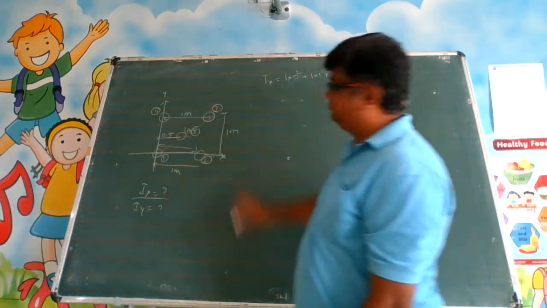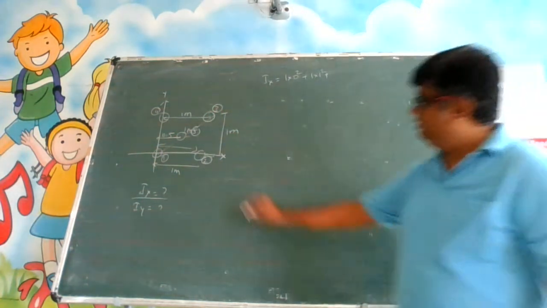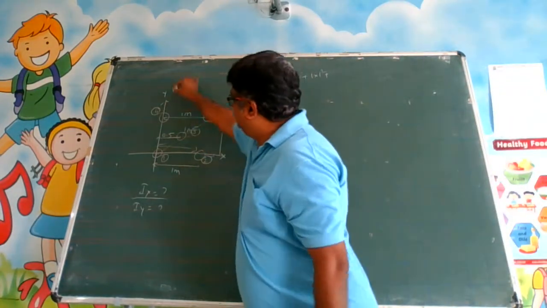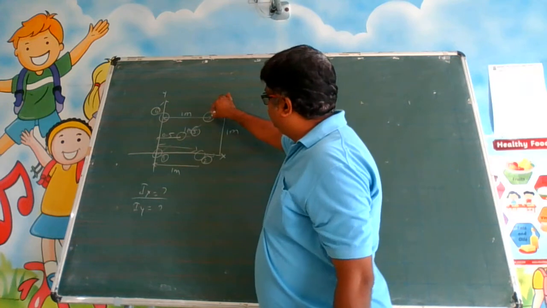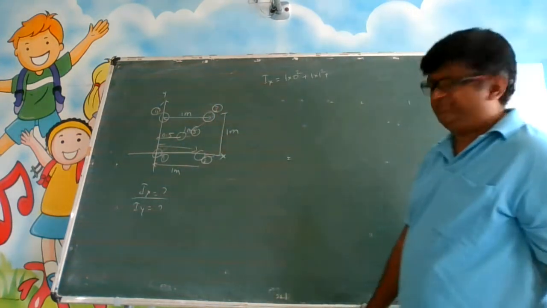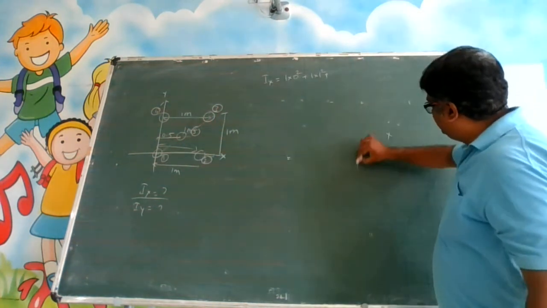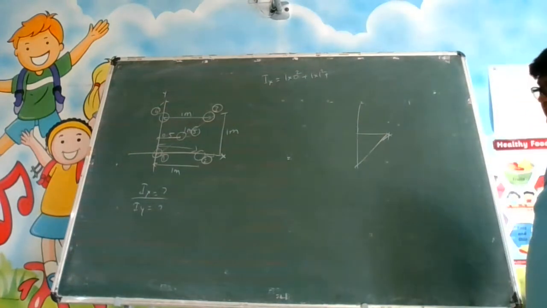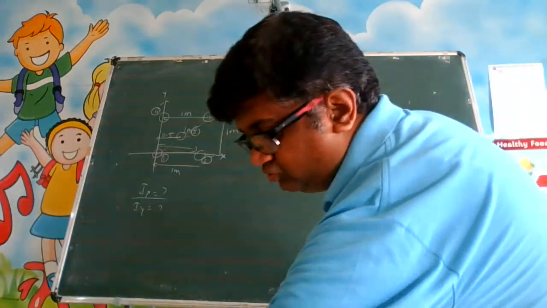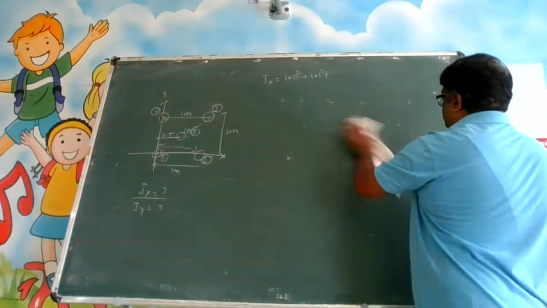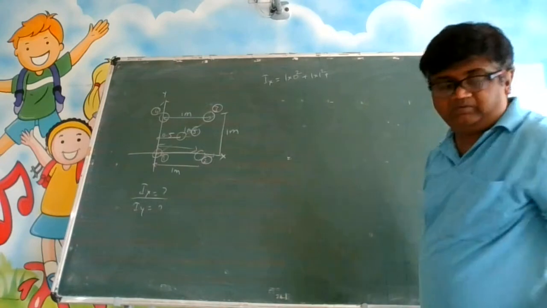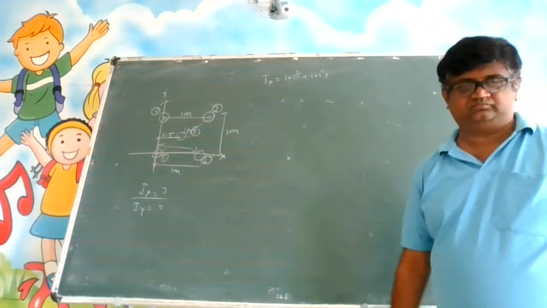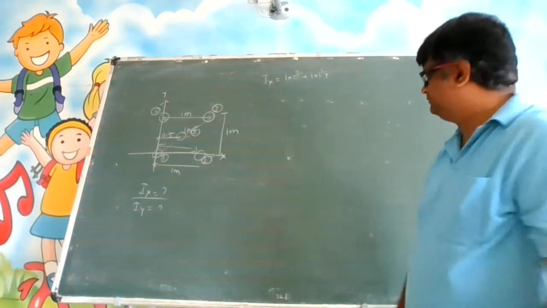Don't put this distance. Some of my students put this. No, you have to put this. Where is the axis? The perpendicular distance from the axis. This is not the perpendicular distance. If the particle is here, this is your axis, this is your perpendicular distance. This is not your perpendicular distance. That is why I am doing this, so that there is no confusion. If it sounds repetitive, no problem. Everyone should understand. Physics should be approachable to everyone, not just bright students.